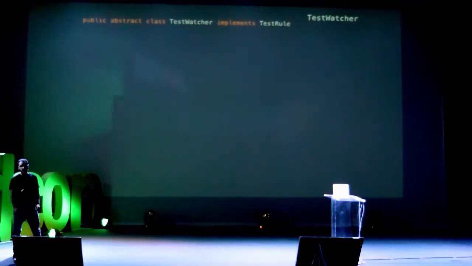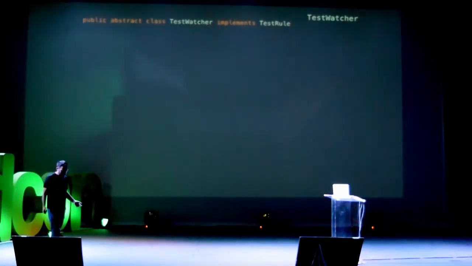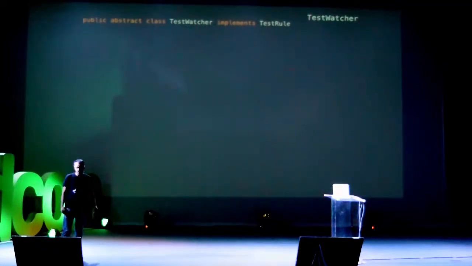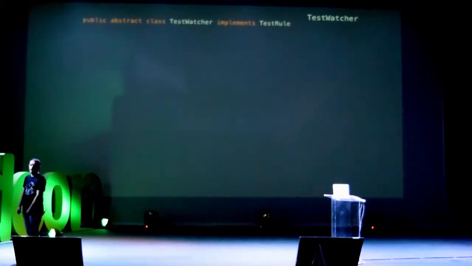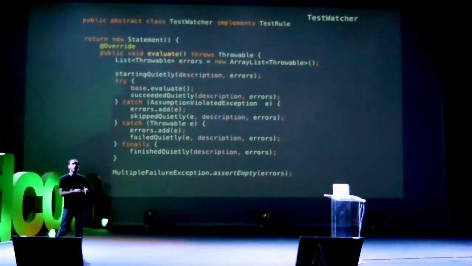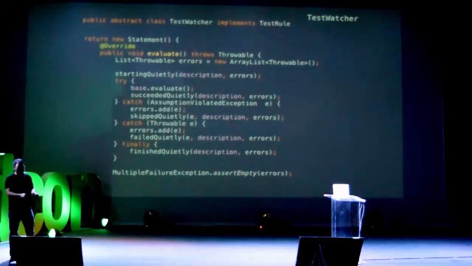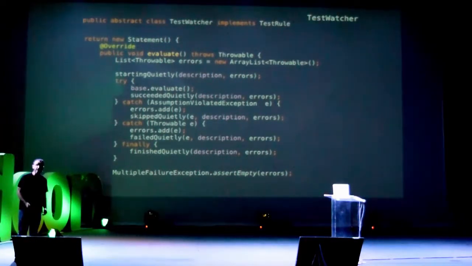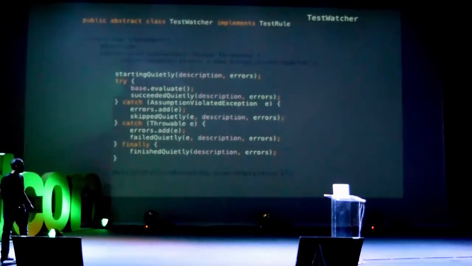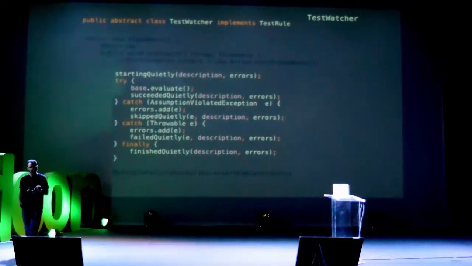We have TestWatcher. TestWatcher, in previous versions, I don't remember, I think it was called Watchman or something like that. It's implementing a test rule, and it's quite cool because it allows us to react and do some operations at some stages when we are executing a test. Look here, this platform is the real implementation from JUnit. It's implementing test rule, and in the statement we are adding a lot of methods, and that means that with the test watcher,